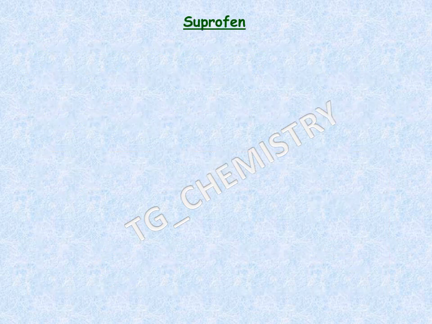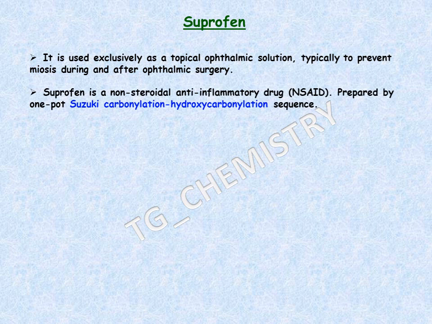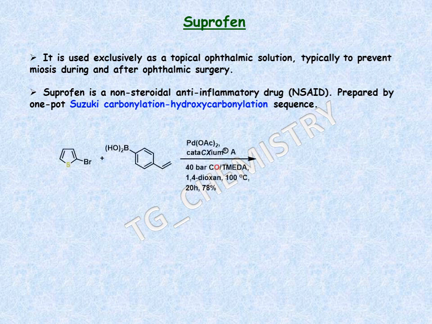Next in the list is Suprofen. Suprofen is used exclusively as a topical ophthalmic solution, typically to prevent miosis during and after ophthalmic surgery. It is a non-steroidal anti-inflammatory drug and usually prepared by a one-pot Suzuki carbonylation hydroxycarbonylation sequence. The synthetic approach involves 2-bromothiophene and 4-vinylphenylboronic acid as the initial substrates, and when they react in presence of a palladium catalyst, an external source of carbon monoxide and a base, tetramethylethylenediamine, commonly known as TMEDA, it produces